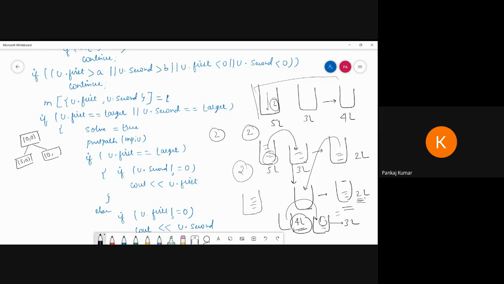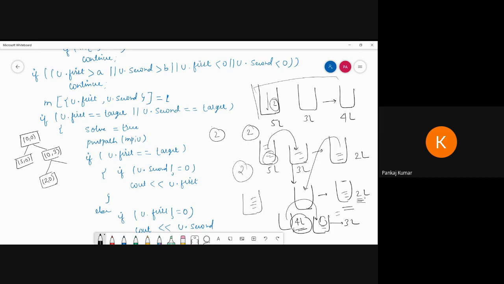That means we can fill up 3 liter of water. So I need to explore this one. Okay, now we can empty this one. I can fill 3 liter. So again we have to fill up the 5 liter. We can get 2 liter water, and this one will be empty.